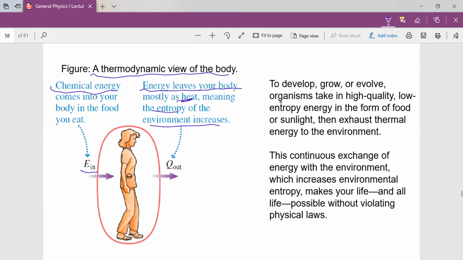It means that the entropy of the environment will increase because you are giving heat to the environment. Remember when we said the sign for heat, when the system gains, is positive, when it's losing, it's negative. So the heat is leaving your system, you have the negative sign of heat, and increasing the one in the environment. So you see that actually the process of developing, growing, evolving of organisms and all that